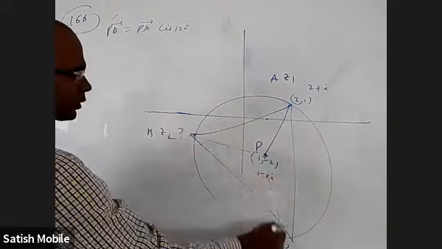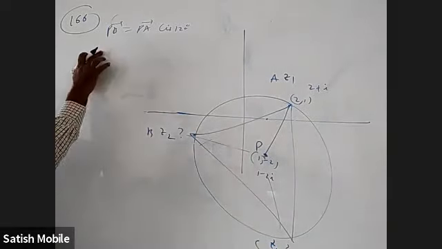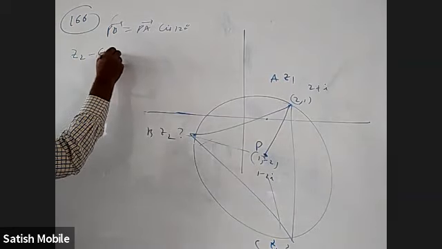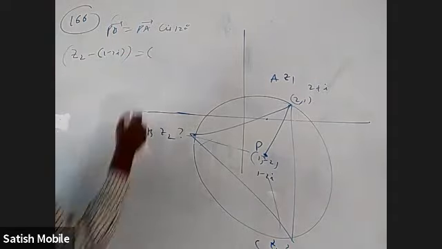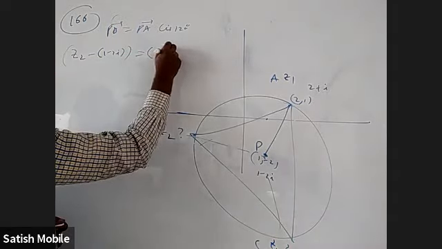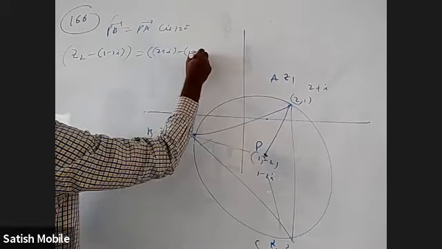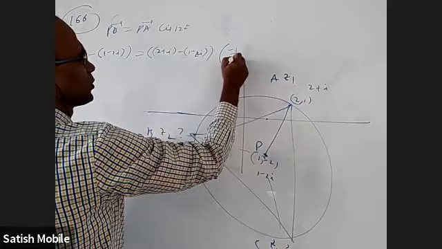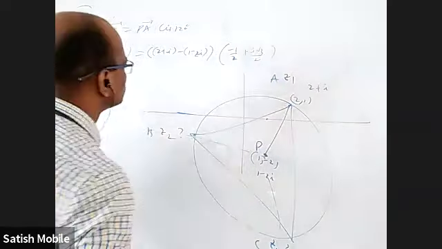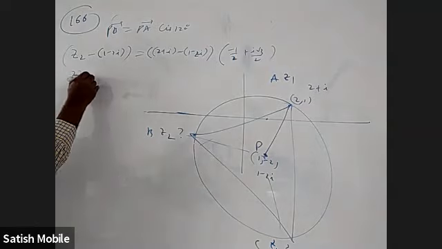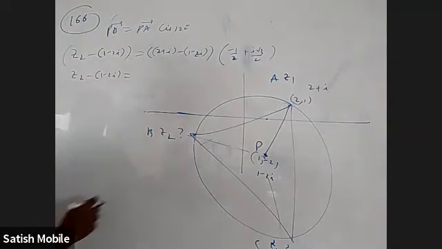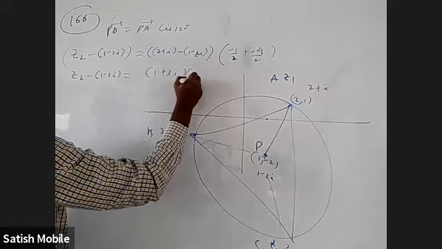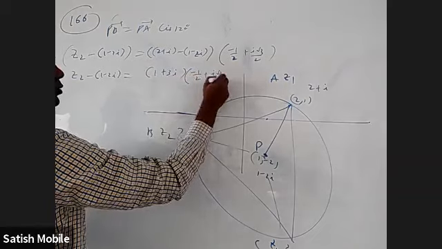Take this and rotate by 120 and we will get this. What is PB bar? OB minus OP. OB is Z2, minus OP is 1 minus 2i, is equal to PA, which is OA minus OP, which is 2 plus i minus 1 minus 2i, into cis 120. What is cis 120? Minus 1 by 2 plus i root 3 by 2. Okay, so Z2 minus 1 minus 2i. What is this? 2 minus 1 is 1, plus 3i, into minus 1 by 2 plus i root 3 by 2.